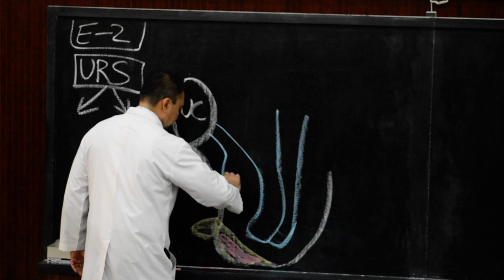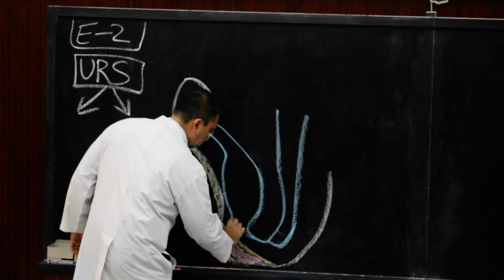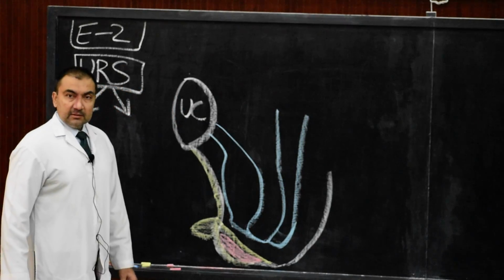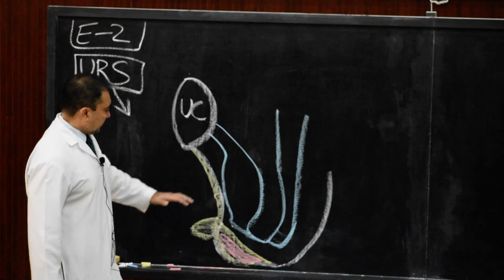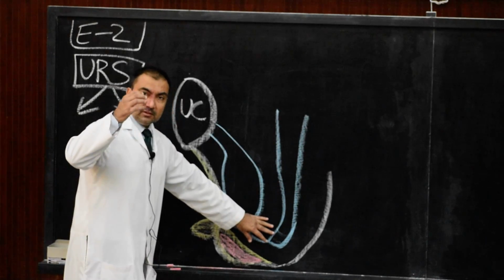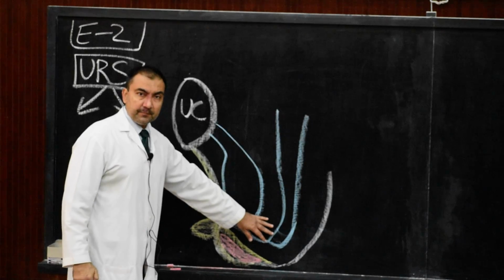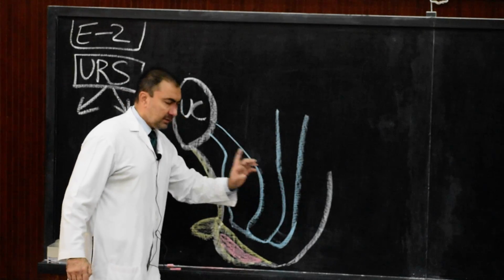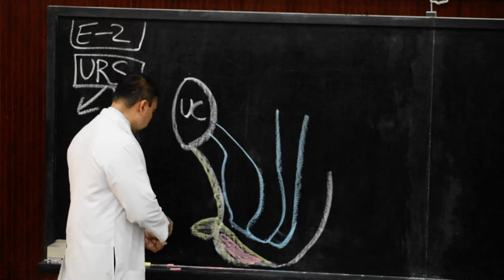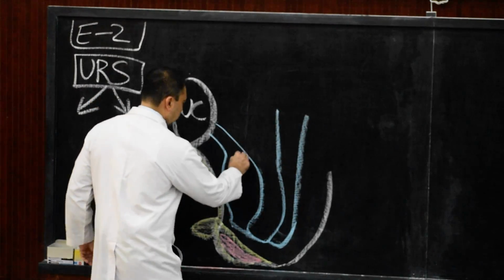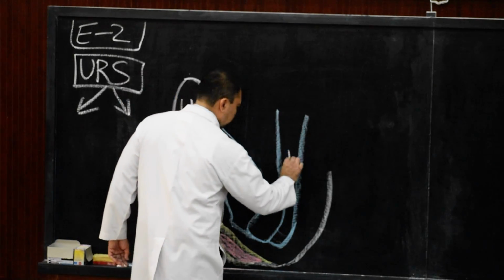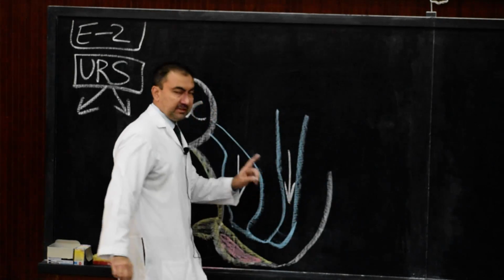and this portion over here we will extend till this level. So now the entire urorectal septum, where my hand is there, is growing inferiorly, caudally, and will divide the entire endodermal cloaca into two segments. And what are those two segments? Those two segments will be where I put the arrow. Number 1, ventral segment, and number 2, the dorsal segment.